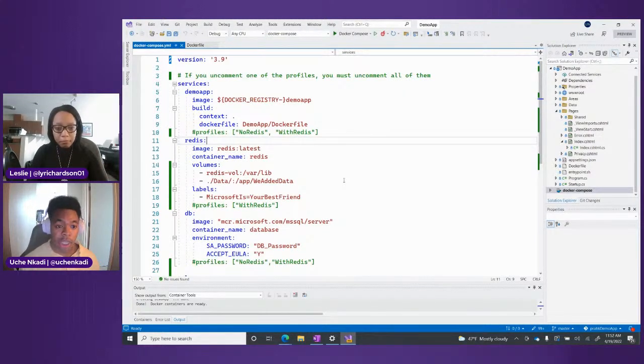Again, an image basically boils down to a Dockerfile, and a Dockerfile is just a list of instructions that helps build what becomes an image. And a container is just a running image, an image that you press run on. It becomes a container. Then you can see here with the database, we have something that comes from MCR,